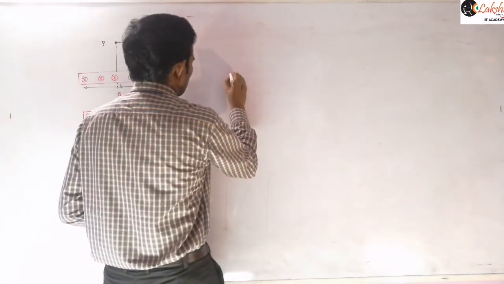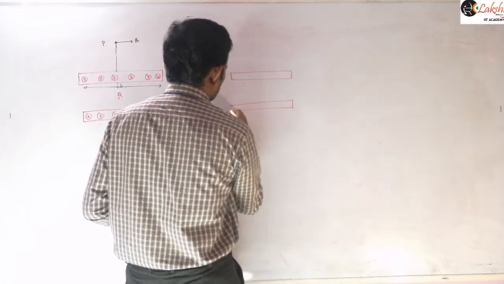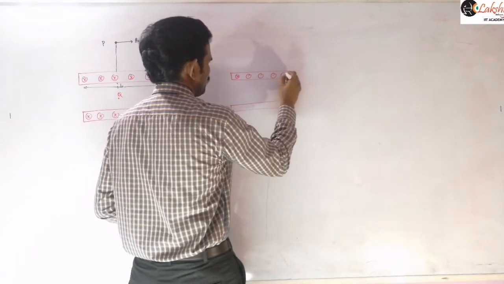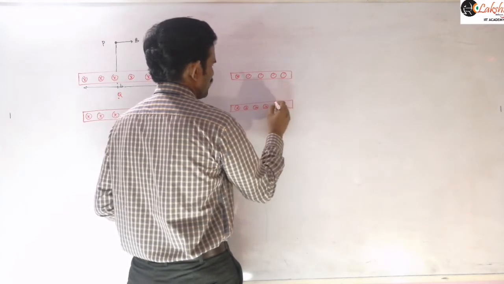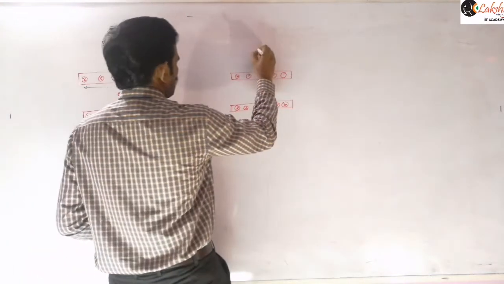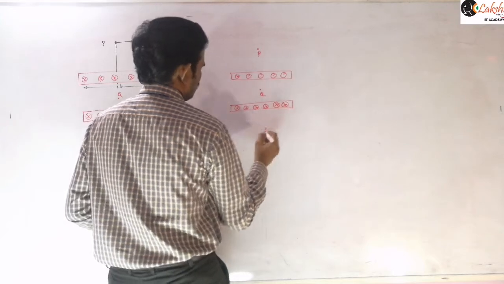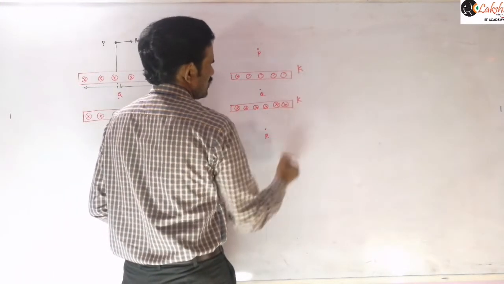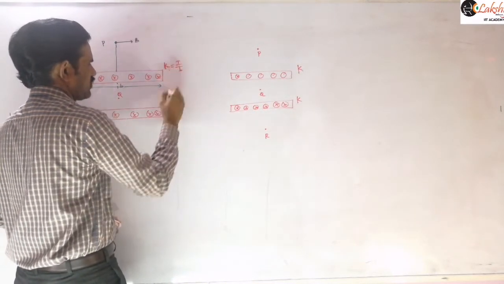Let us take another case where these conducting planes are carrying current in opposite directions. So the first case we are taking is that both are carrying current in the same direction, and in this case I am taking opposite directions. So again let us take this point P, this point Q, and this point R. At those 3 points we need to write the resultant magnetic field. K is current per unit width here.